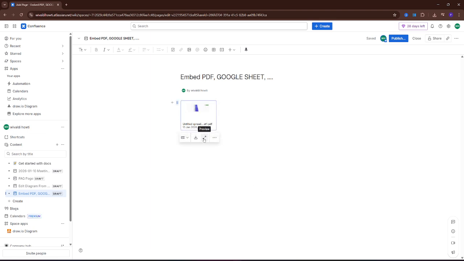Now as you can see, you can preview here, view more, and we have inline and card. So I prefer this kind of way. We can move it here. So if we go back like so,